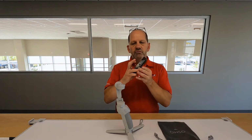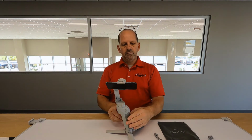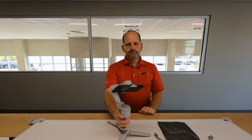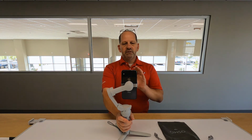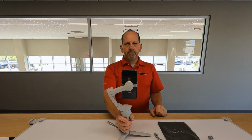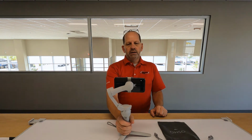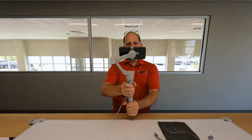And then if you need to use your gimbal, you just pop it out. It matches right up like so onto your gimbal. Fire the gimbal up. Automatically, notice it does go into portrait mode, but then I can go ahead and double click and I'm right away into landscape mode, and now I've got my gimbal up and running